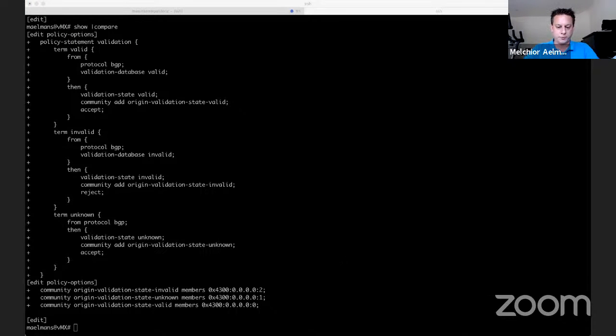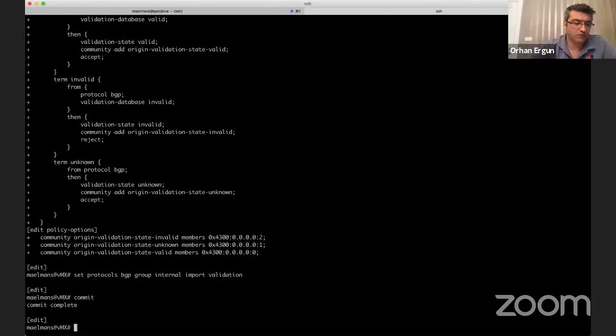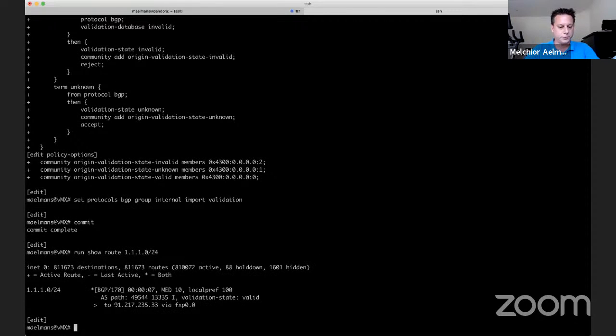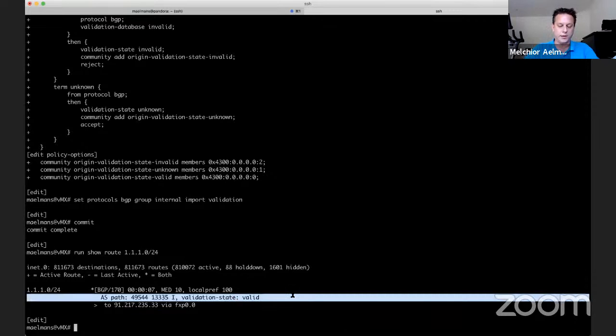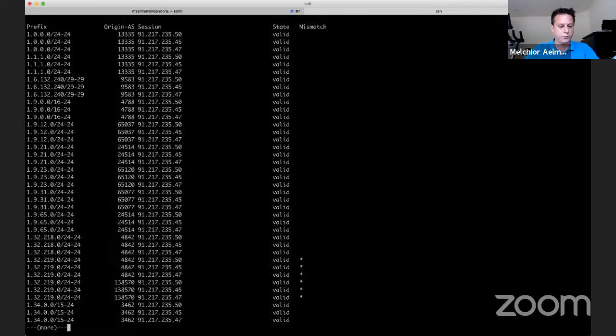Now that we have a policy, we of course need to apply it to our BGP session, and that is this last command I just entered. It says to apply the policy we just created to our BGP session, as an import policy called validation. If we commit that and do a run show route, using this route for example, you see that it has a validation state of valid. We can also do run show validation database, and you see all the